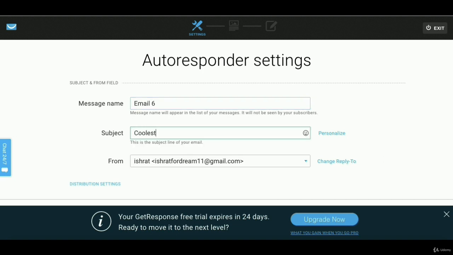I write in the subject "coolest." I mean, the subject should be written in such a catchy way that people are triggered to open it, because if they do not open it, how would they read your respective offers? So we can write something like "coolest social media marketing